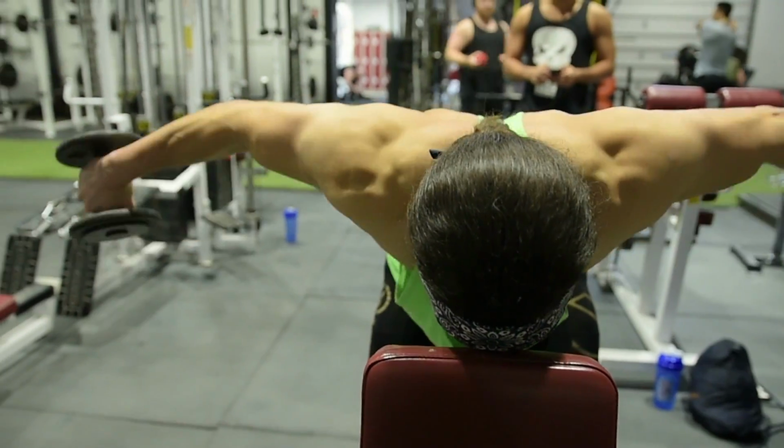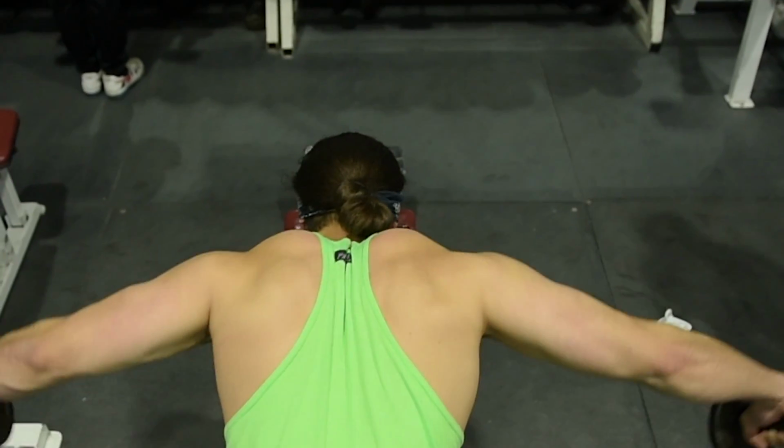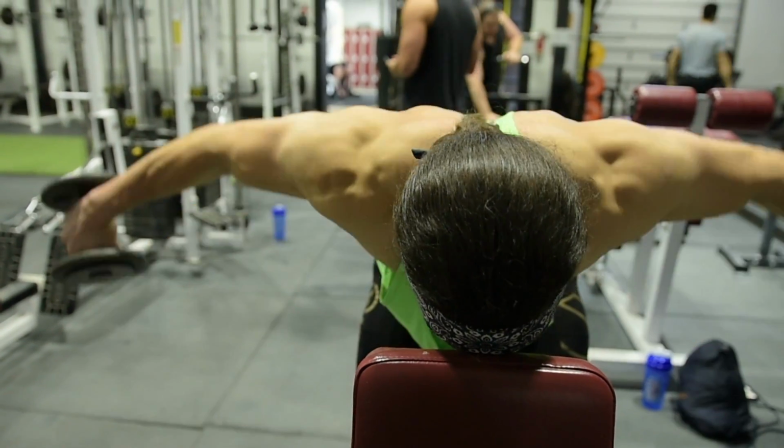Yes, it is important to train with enough weight so you get a stimulus for that muscle. At the same time, little muscles need even more attention. So you have to focus on that muscle, because if you're not careful, a lot of other things are going to take over. When I say when we bend over that we want to protract a little bit with the